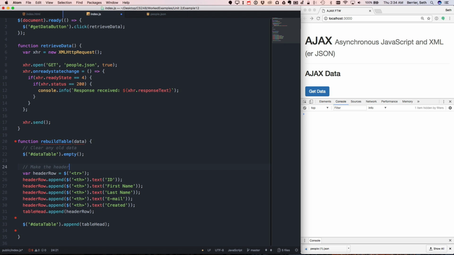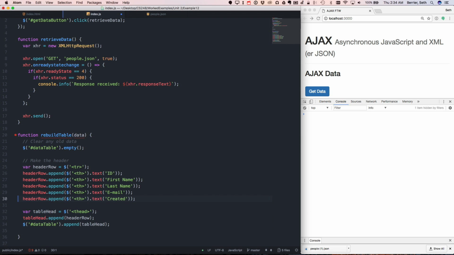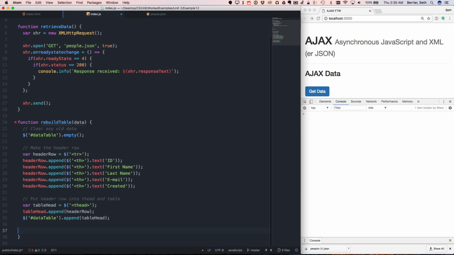In fact, I'm going to take this down here. We don't really need it until we get all the way down here. So we make a new head, append the row, and put it into there. So here we're going to make the header row, and then put header row into thead and table. That's what we're doing. And now we're going to go through and do something very similar for building all the